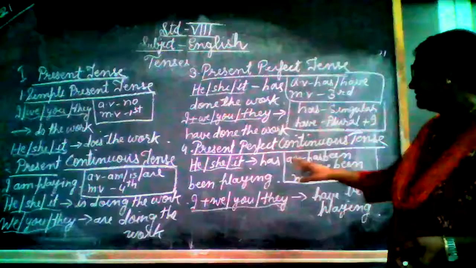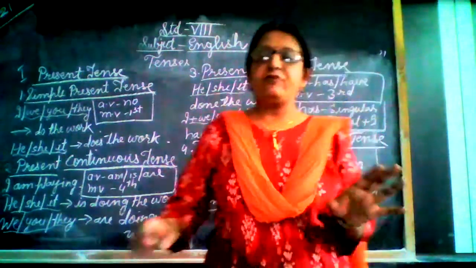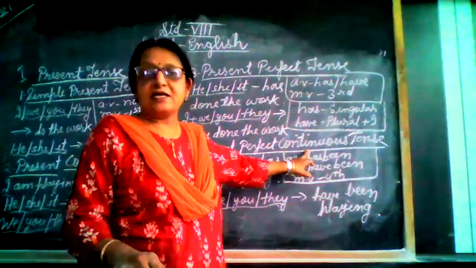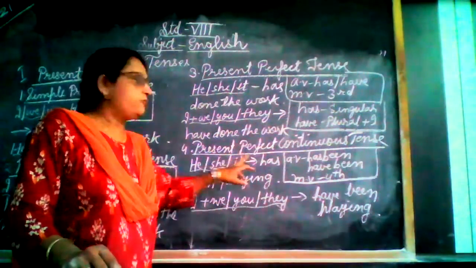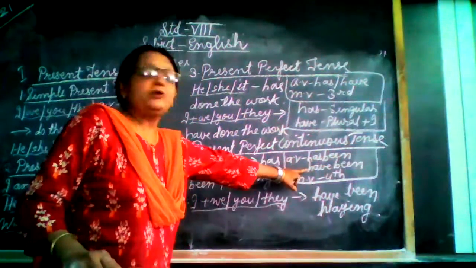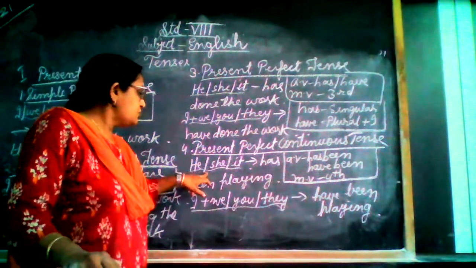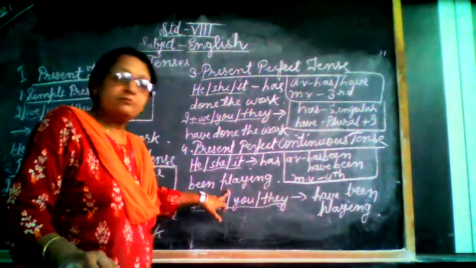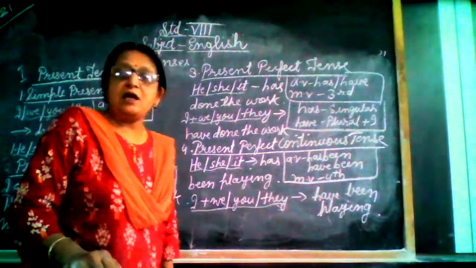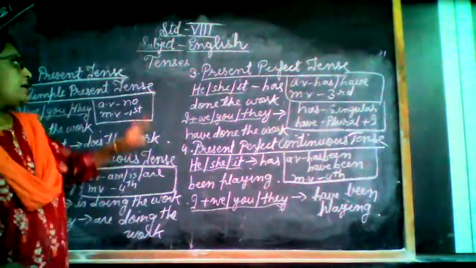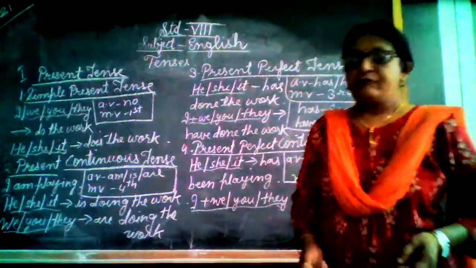Present perfect continuous tense. So the auxiliary verbs are have been and has been, and the main verb is in the fourth form. Have been, has been, and the main verb is in the fourth form. So with the singular again we use has been, and with the plural and I we use have been. So that is he, she, it has been playing, or with the plural and I, we, you, they have been playing. So we are done with the present tense. Tomorrow we are going to do the past tense and then the future tense.